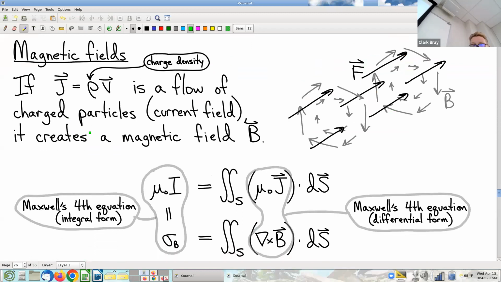Okay, so I feel it's necessary to mention, if only very briefly here, something about magnetic fields and currents. This is not a physics class, and there is a lot of physics to be said here, and again, it's not our job. We're not going to go off too much. They have entire courses on electricity and magnetism. But what I will say is, just real quick, if you have a flow of charged particles,